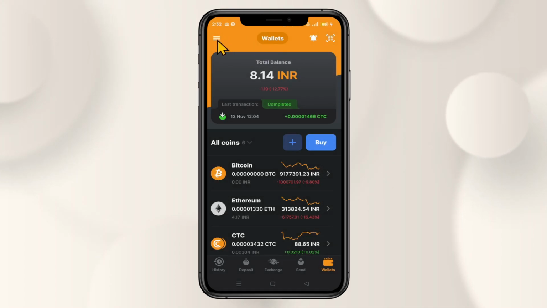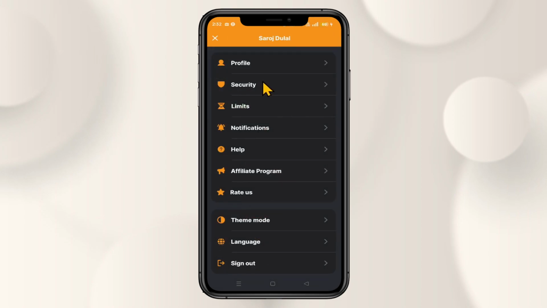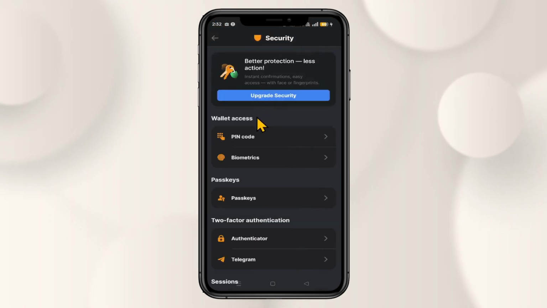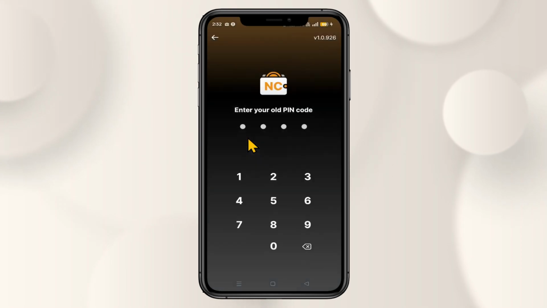From here, tap on the menu icon at the top left corner and then tap on Security. Now within the Security tab, you will find the PIN code section. Go ahead and tap on this. And this will ask you to enter your current PIN code. Just type in your PIN code that you currently use to log in or complete your transactions, and then you